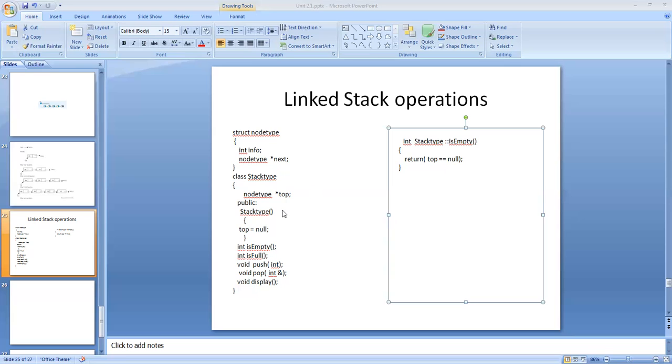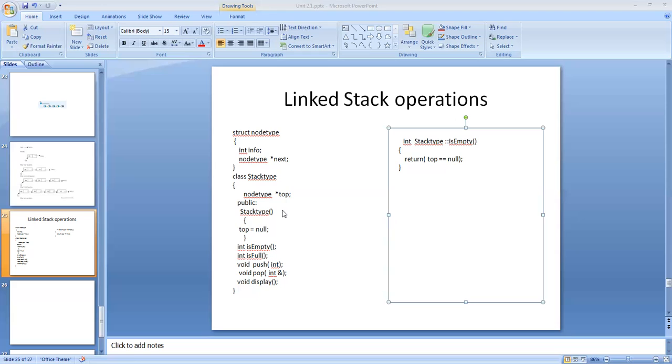Next comes our class for stack type. Every linked data structure will have one external pointer. Take the case of a linked stack or linked queue or binary search tree or linked list. Everyone will have an external pointer.